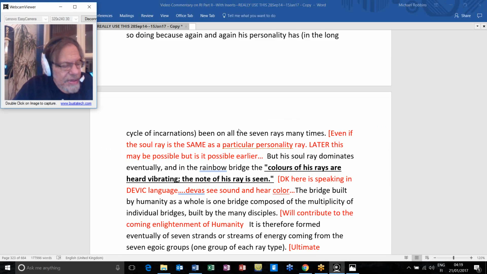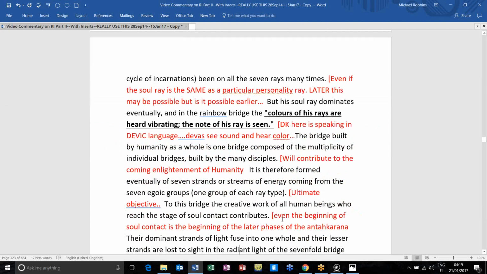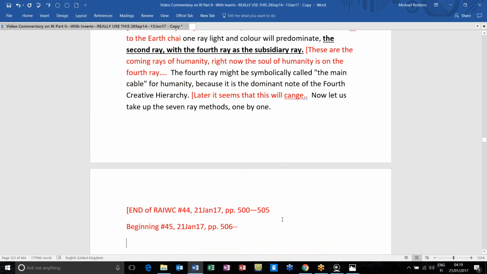Okay, I guess that's going to have to be it for the moment, and we will continue with number 45. I always feel incomplete with respect to any of these discussions. One cannot go on forever. Maybe that would have to be done more in person.